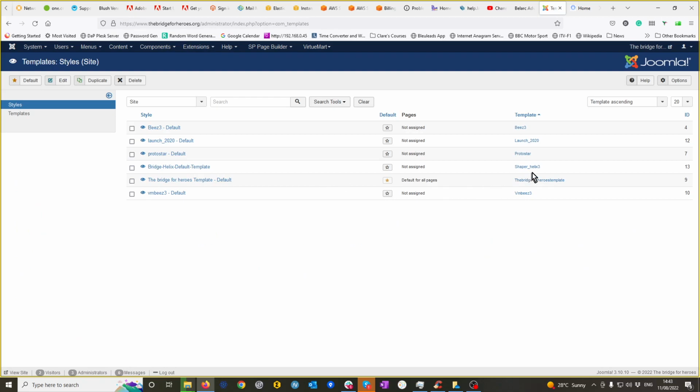and here you'll see a template, Shaper Helix 3 or something like that. I've renamed this one, so we've got Bridge Helix default template. Now you can see here is the current default template, so this is what applies. Now if you see that this is the base, pretty much the basic install of the Helix template, if I